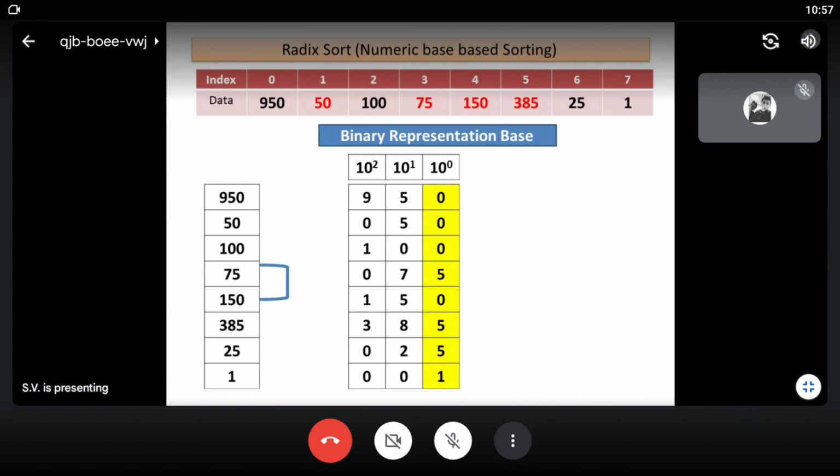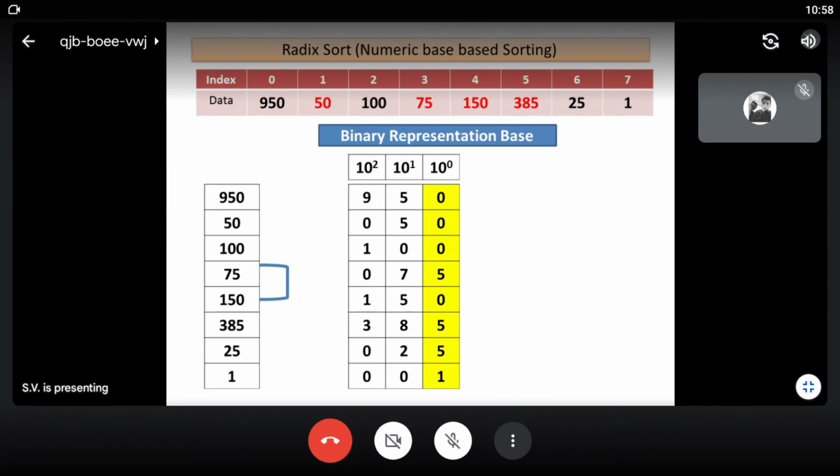Okay. Now if your data is a string, then we can say A is represented in ASCII value, capital A is 65. So each character can be represented in terms of numbers. We can have at the max 3 digits only.